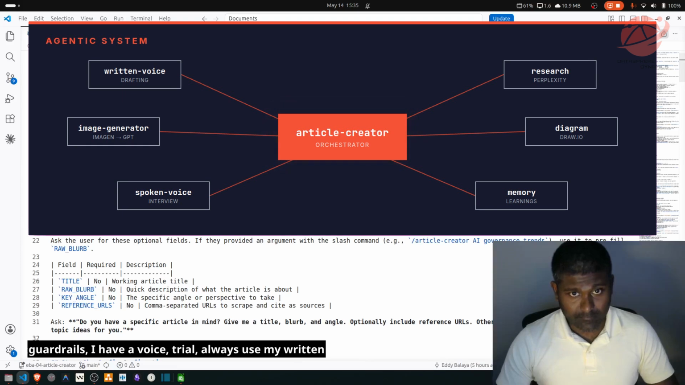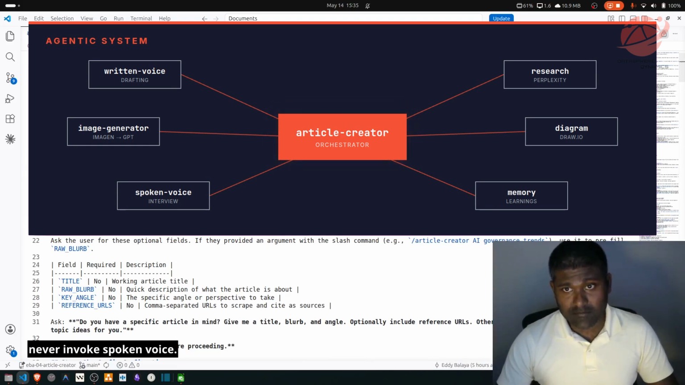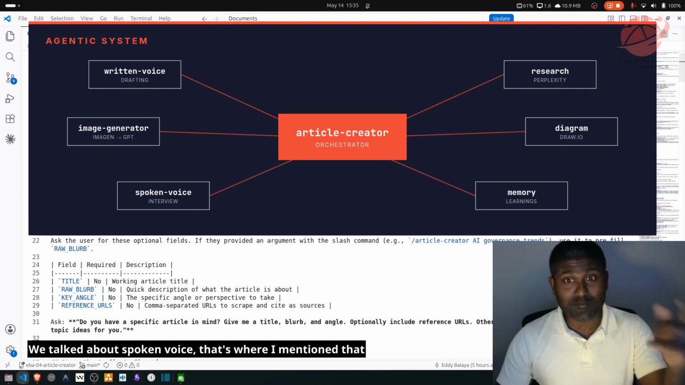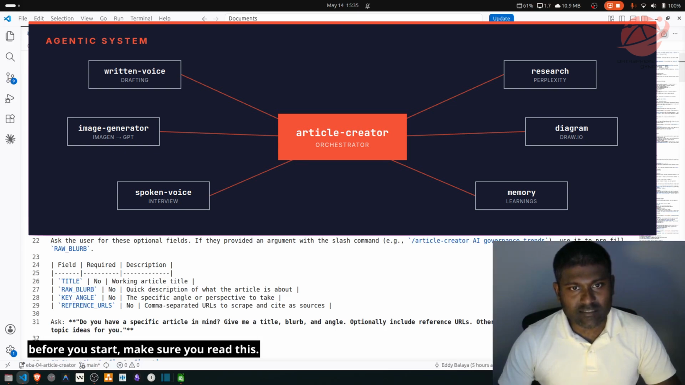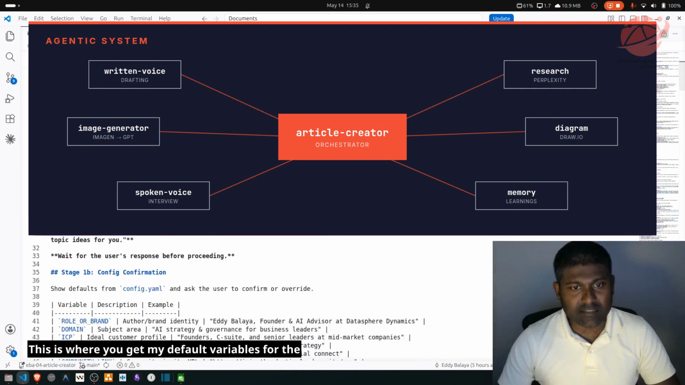Guardrails: I have a voice guardrail. Always use my written voice, never invoke spoken voice. So we talked about spoken voice, that's where I mentioned that. Before you start, make sure you read this. This is where it gets my default